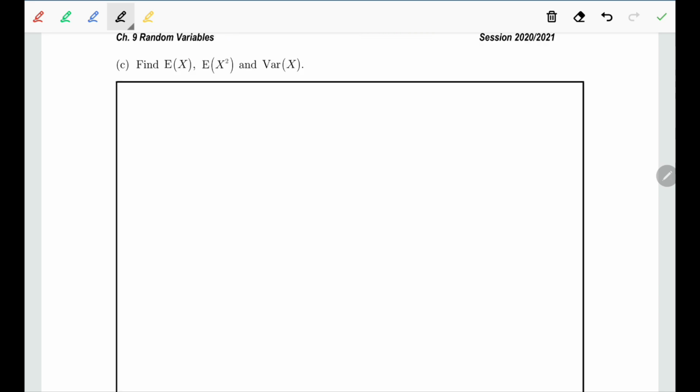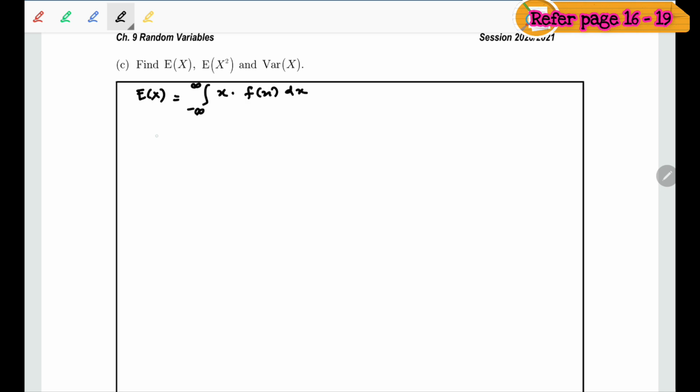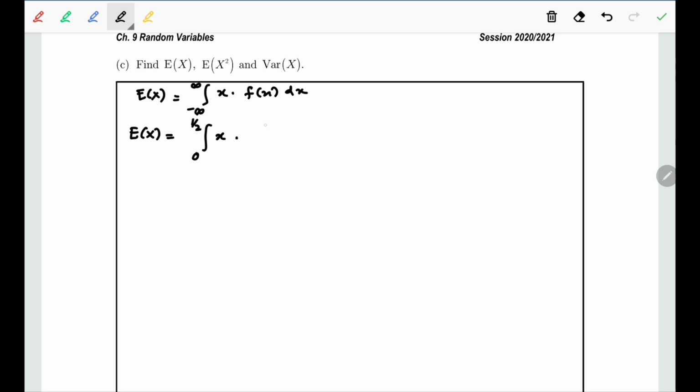Okay, then we are going to continue with part C. Find the expected of x, expected of x squared, and the variance of x. Okay, we're going to start with the expected of x. So the expected of x equals the integration from the lowest to the highest of x multiplied with f(x) dx. So the expected value for this function is integration from the first function given. We are going to integrate from 0 until 1/2 with the multiplication of x with the f(x), which is